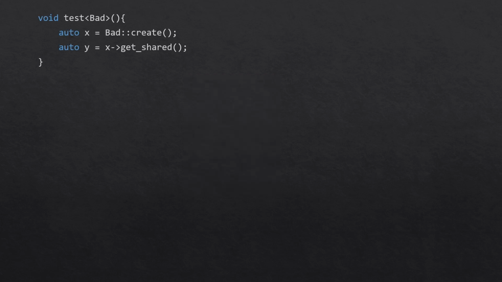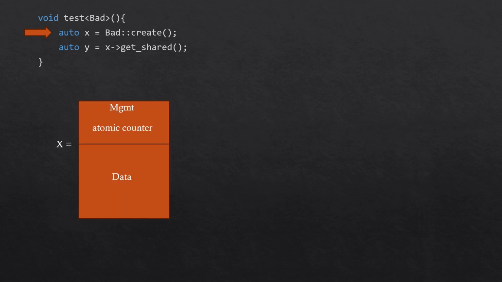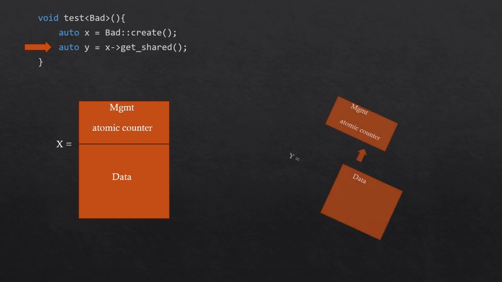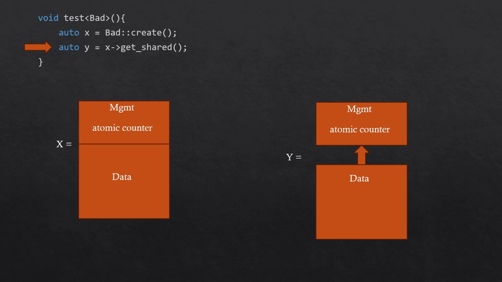Now, to understand what's going on, we will play the debugger. We will look at each line of the code and try to understand what it will do. Line number 1 creates a Bad pointer from make_shared. That means we are allocating a full pointer with a management area with an atomic counter, and we have allocated the data here. When we look at y equals x get shared, we are creating a new shared pointer